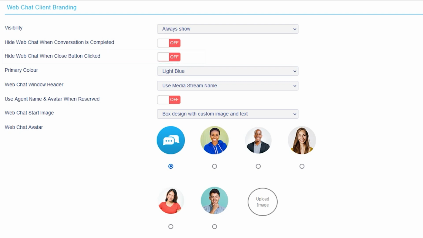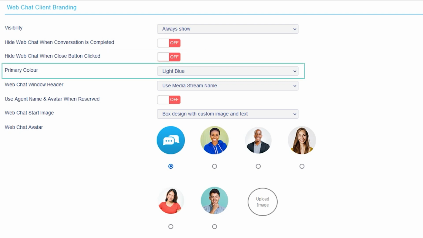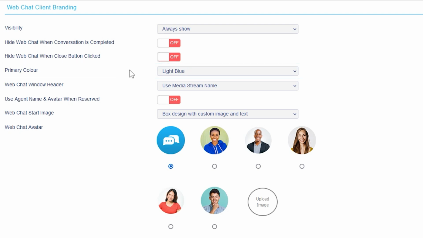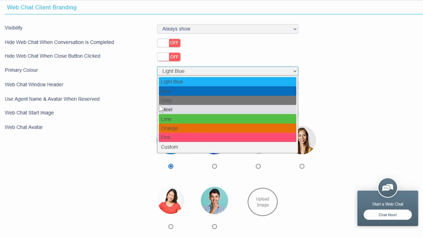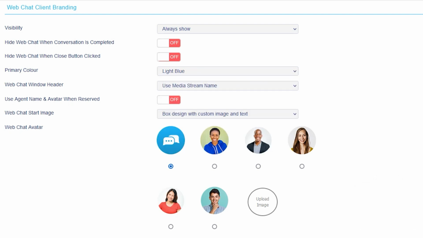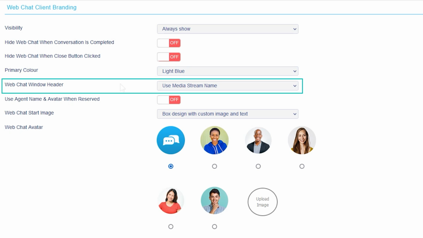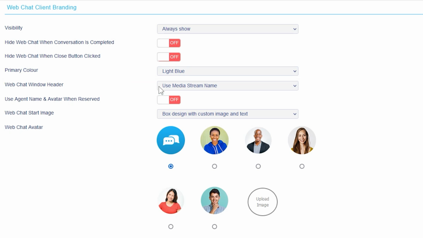button is clicked. The primary color menu allows you to choose from a range of colors for your web chat widget. You can choose from a pre-made list or input a custom color hex code that relates to your brand. You can also choose whether or not the web chat window header uses the media stream name or that of the queue, and whether or not to use agent names and avatars when the web chat is reserved. If enabled, this option means that agents can input their own profile pictures and names for an added level of